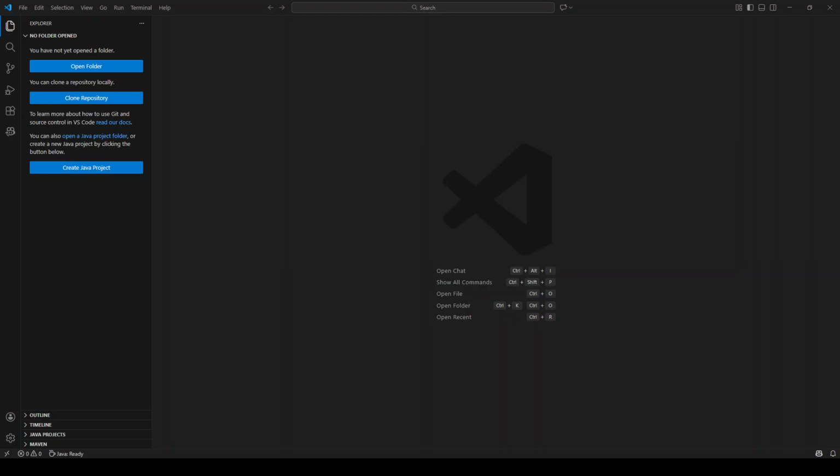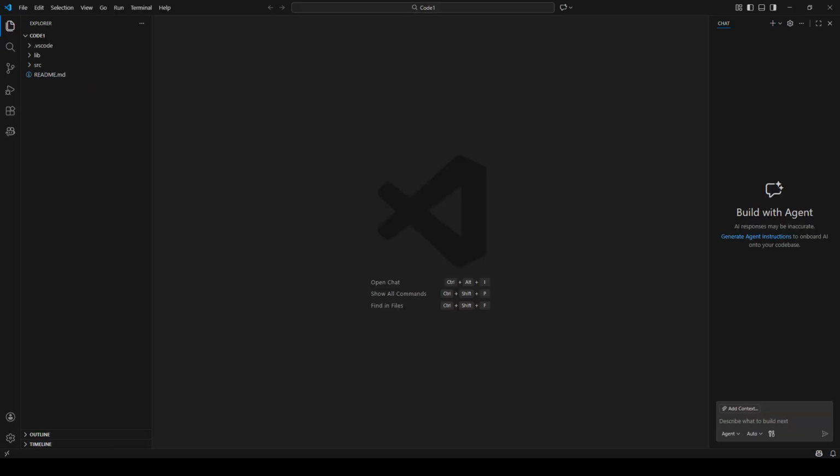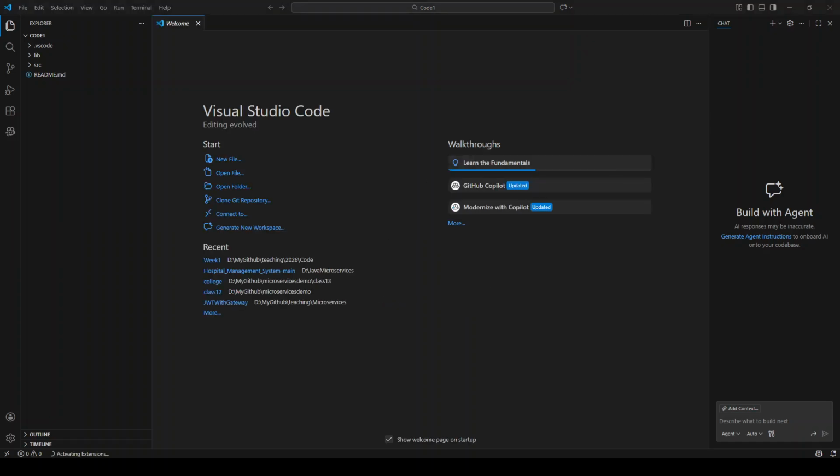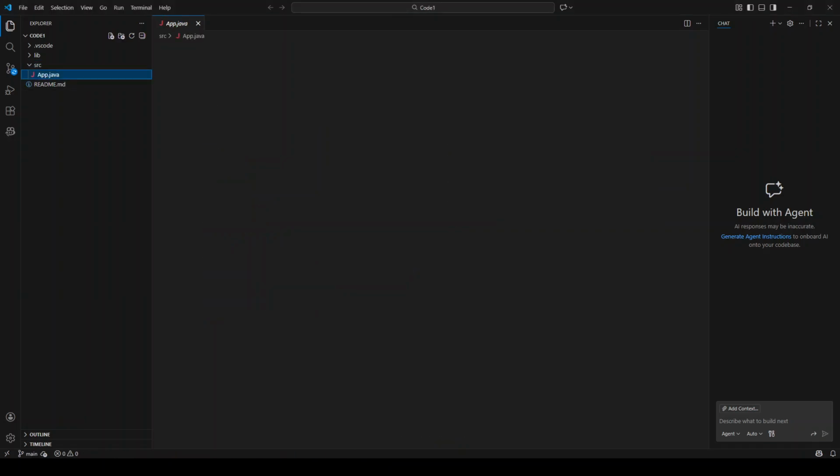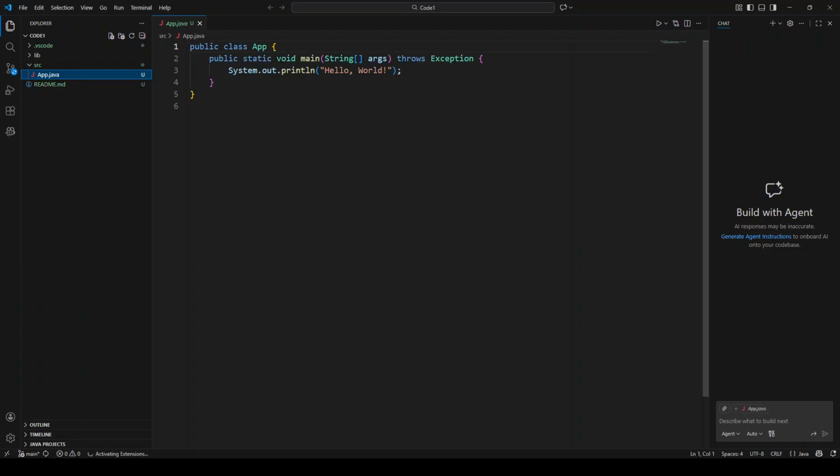Let's say I give it a name, code 1. Once you do that, you will get a new project where you will have a source directory and an app.java. So let's say the first problem I want to tackle is the LeetCode problem number 54, which is spiral